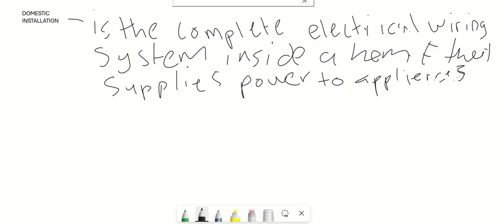Yes, so domestic installation is the complete wiring system inside the home that supplies power to appliances. It can be lights, plugs, and domestic appliances like the stove, fridge, the washing machines, you name them.